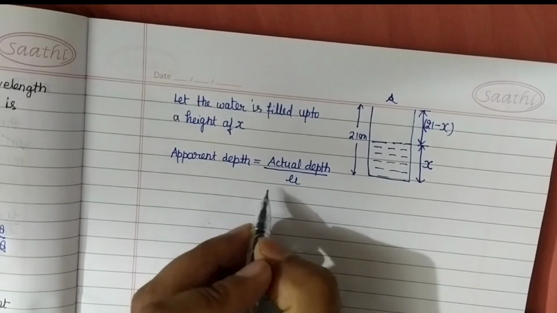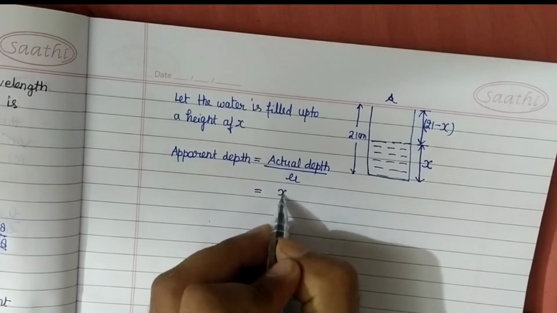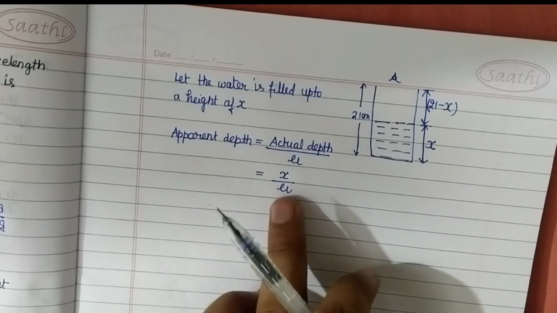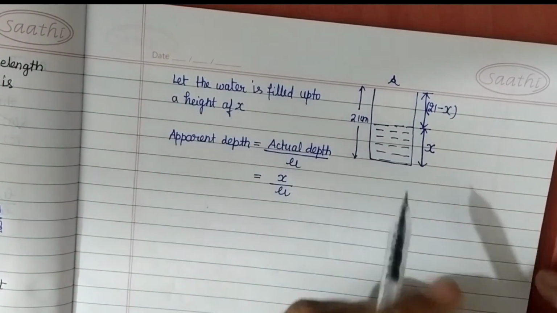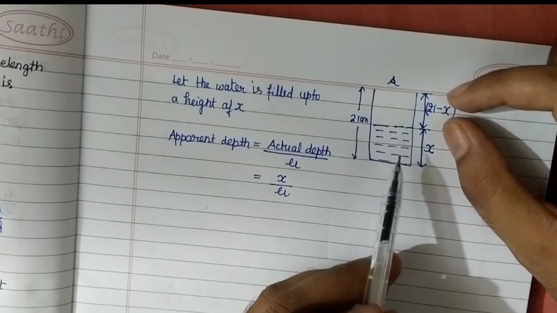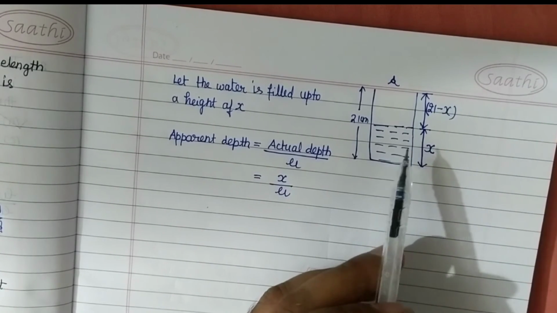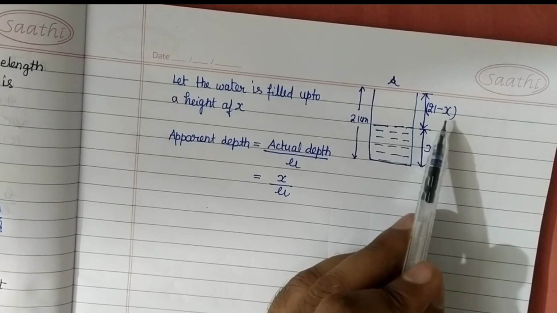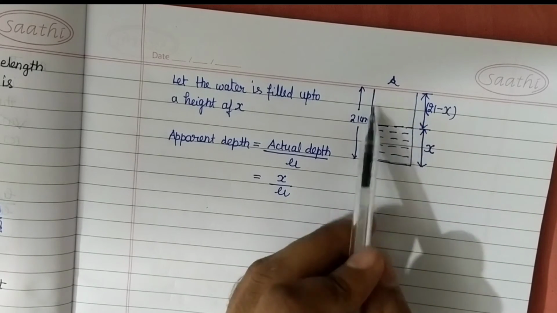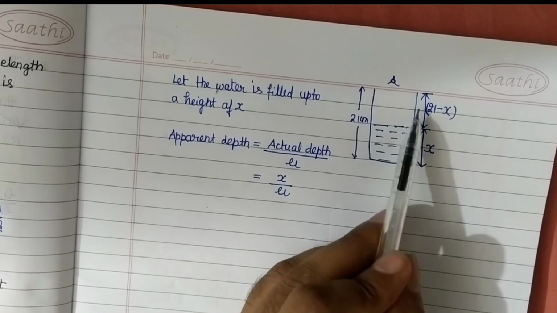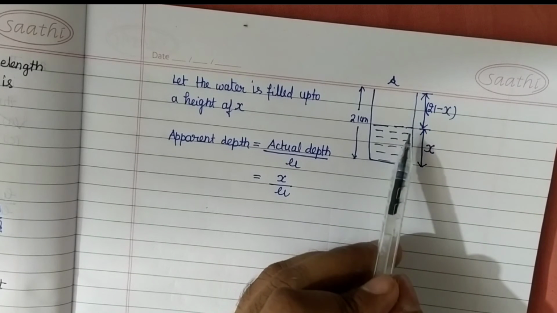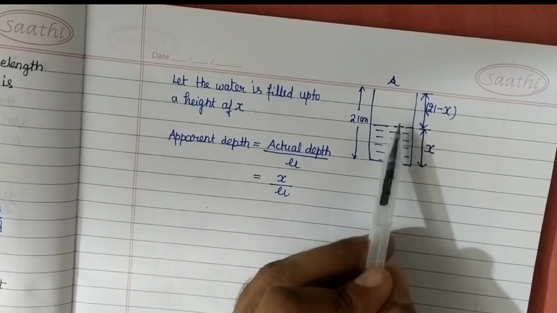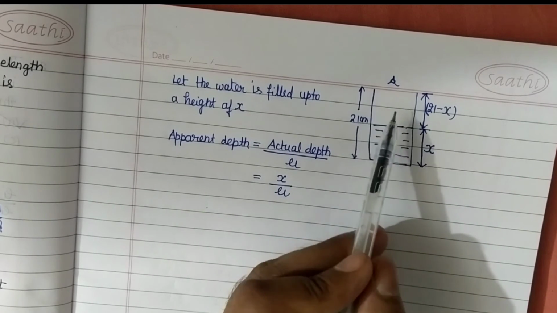तो अपरेंट डेप्थ यहाँ से क्या हो जाएगा? एक्चुअल डेप्थ हमारा x है, x डिवाइडेड बाय न्यू. और ये जो अपरेंट डेप्थ है, जो अपीयर होगा, अगर उसको 21 माइनस एक्स के इक्वल रख दें. जब यहाँ से ऑब्जर्वर देखेगा, जब उसको हाफ फील्ड होगा तो जो अपरेंट डेप्थ आएगी वो एयर के बराबर होनी चाहिए. जो खाली है उसके इक्वल हो जाना चाहिए.